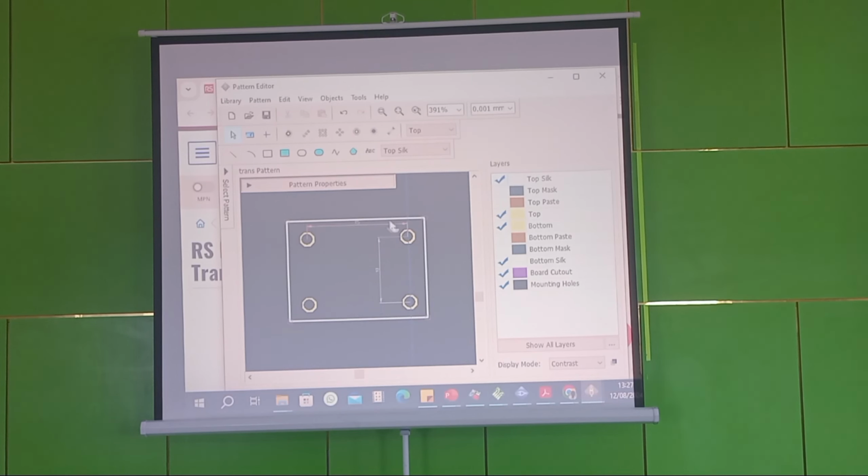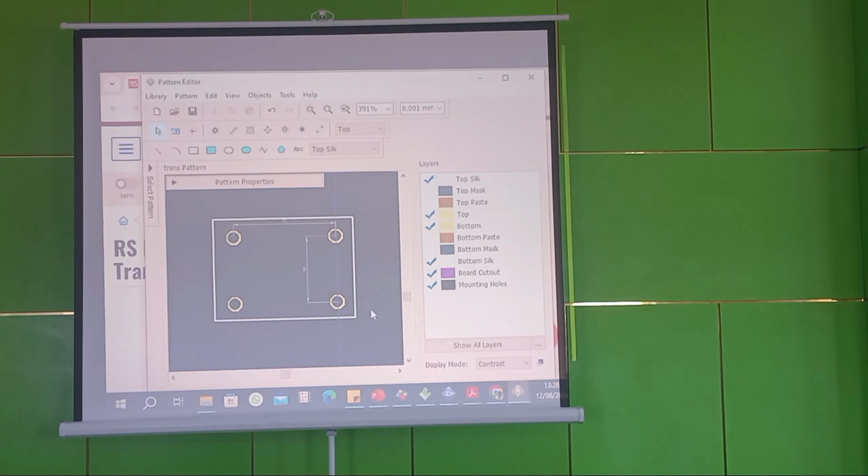Even this shape I drew, this rectangle, you get all that information. This rectangular shape I'm drawing is telling you the area, the space the component will occupy. So when you are doing your PCB component arrangement, you must know that no component must